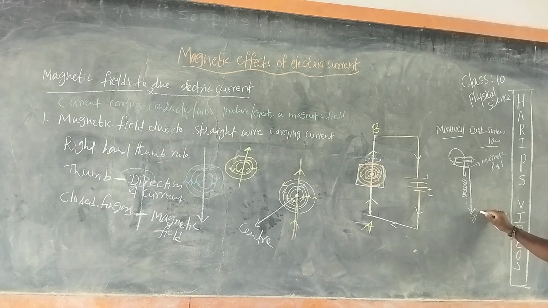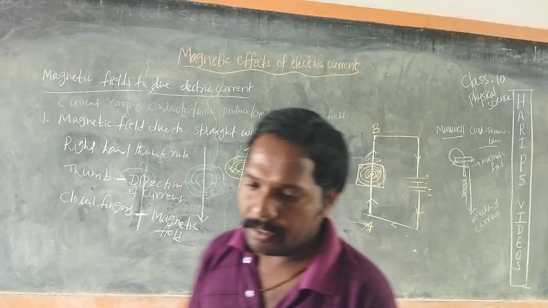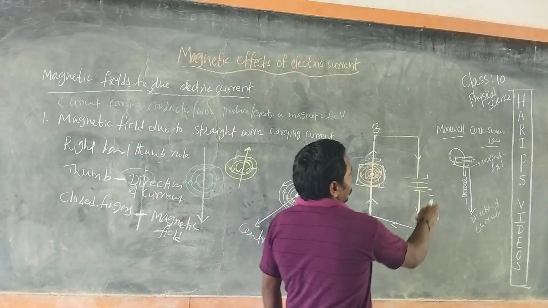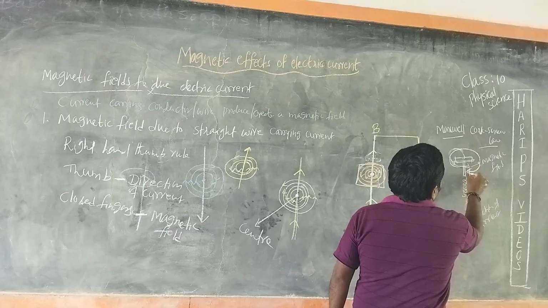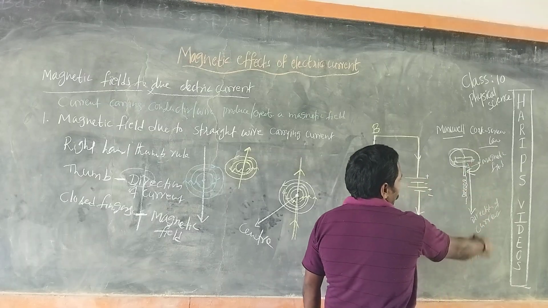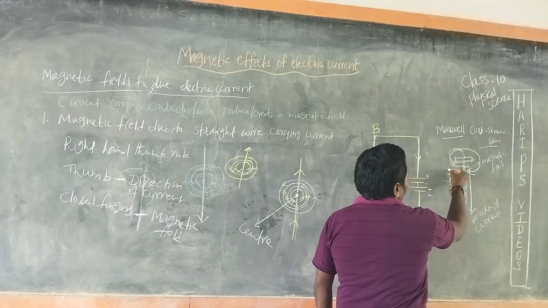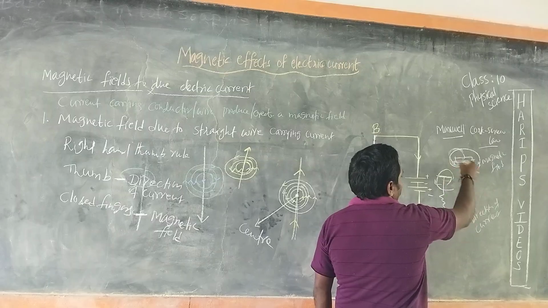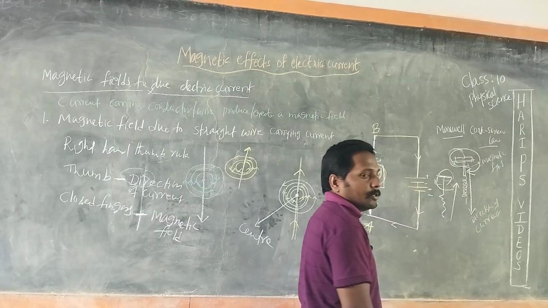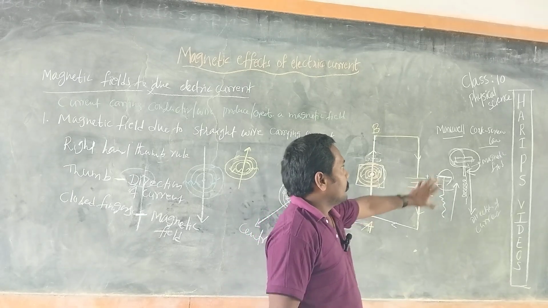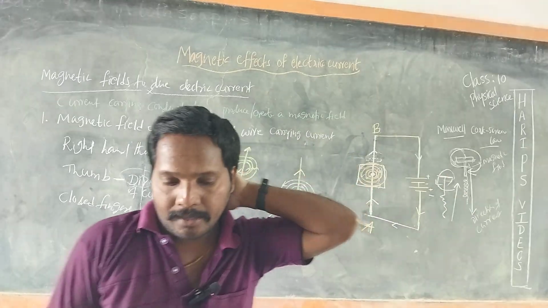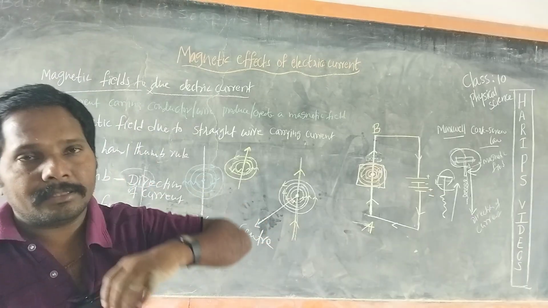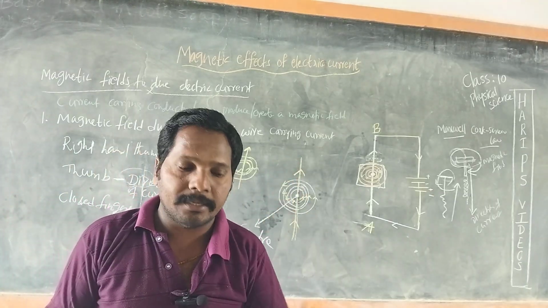denotes the direction of current, right? So when we rotate the screw in this direction, downward, that is the clockwise direction. While we are opening this screw, you can take it as anti-clockwise, then it moves up. Right? So the right hand thumb rule says that imagine that you are grasping or holding the current carrying